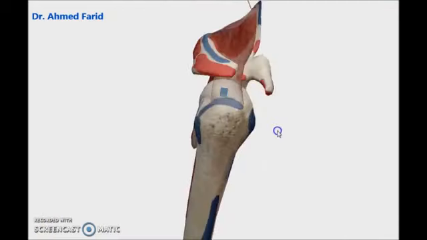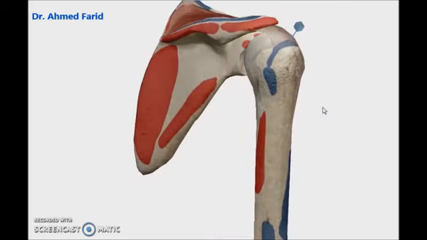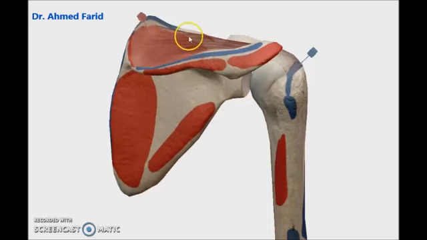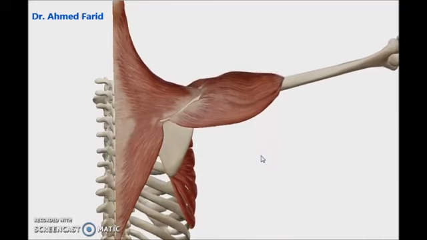From its name, it takes origin from the supraspinous fossa, as you see, and crosses above the shoulder joint to be inserted in the upper impression of the greater tuberosity of the humerus. Because these fibers cross above the shoulder joint, the same as the middle fibers of deltoid, the action will also be shoulder abduction like deltoid, but putting in mind that